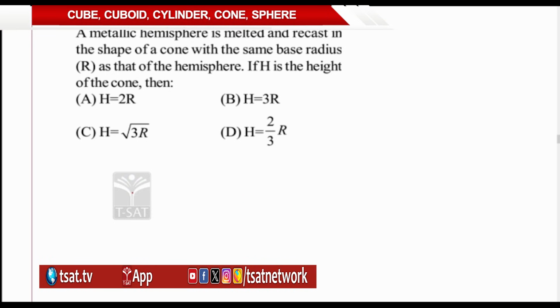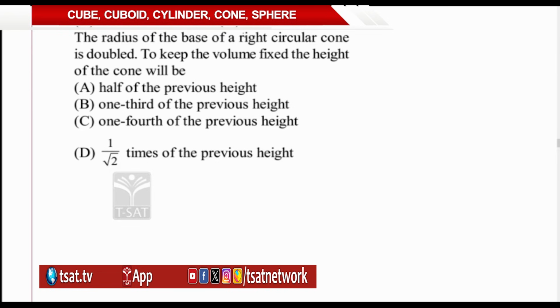So what is the volume of a cone? 1/3 of pi capital R square, height of a cone is capital H, is equals to 2/3 of pi R cube. Cancel 3 pi by 3 pi by 3, r square also cancel, then you will get h is equals to 2 times of capital R. So height is equals to 2 times of radius. That is the relation between height of the cone and the radius. Next,